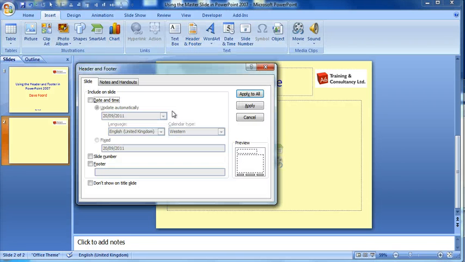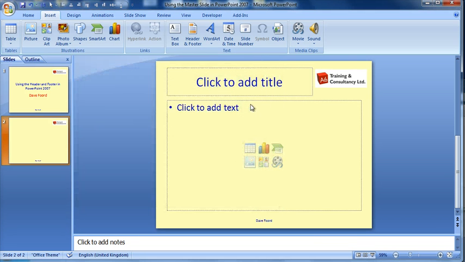Oh, I need to apply it here as well. It's because I've got a different master slide to the other ones. So if I click on Apply, that's applied to that slide, and then if I added more slides, I would apply to